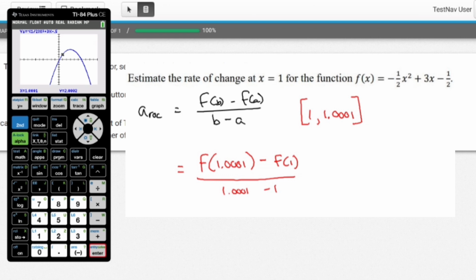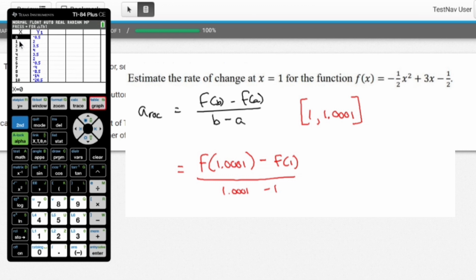Now, if you remember from the problem, we said that we're going to do f of 1.0001, which is that, minus f of 1. So what's an easy way of finding out what f of 1 is? Go to second table, and there's f of 1. It's 2. So the equation that I'm going to set up is that f of 1.0001, so let's go back here and set that up,